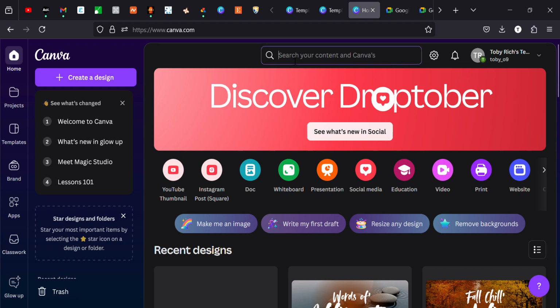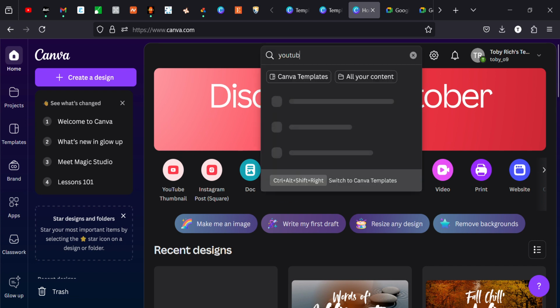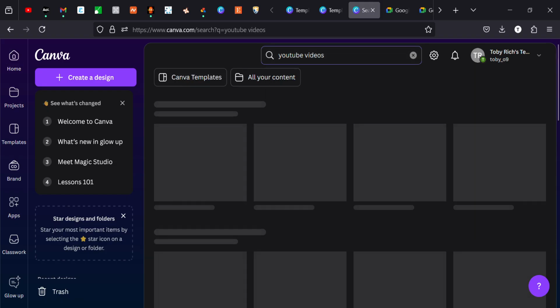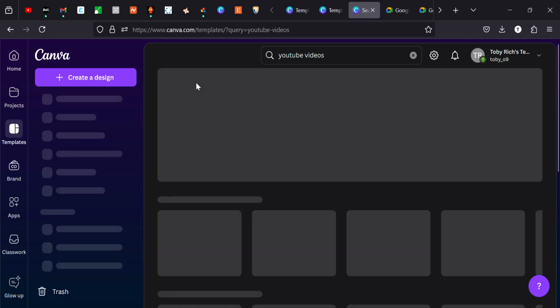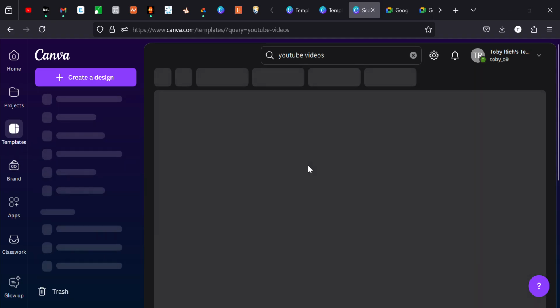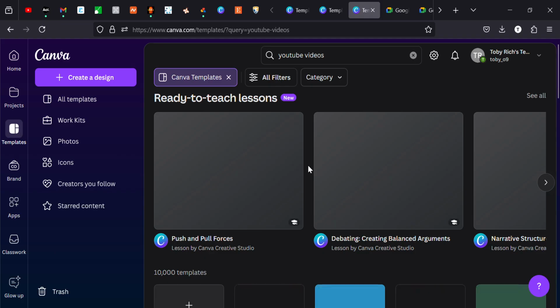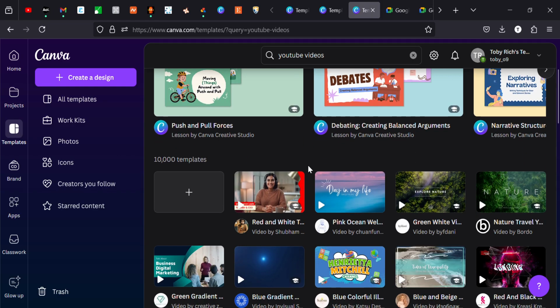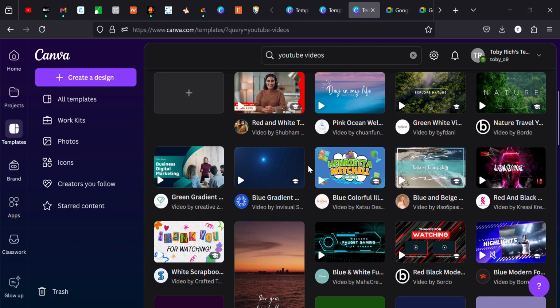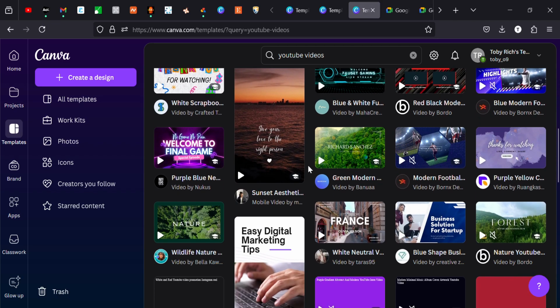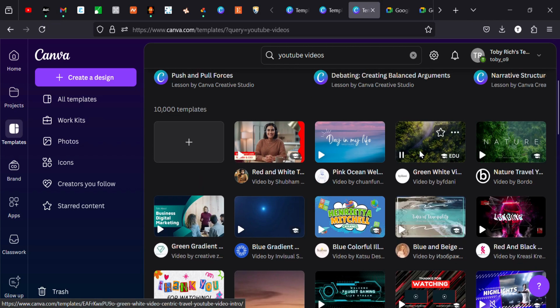So let us go home, and we're going to go to the search bar and type YouTube videos. You click on Canva templates for the YouTube videos and we're going to see a lot of templates now. So you can see all the templates, right? You can now go ahead and choose any one. Let us choose this one that says explore nature. So we click on it